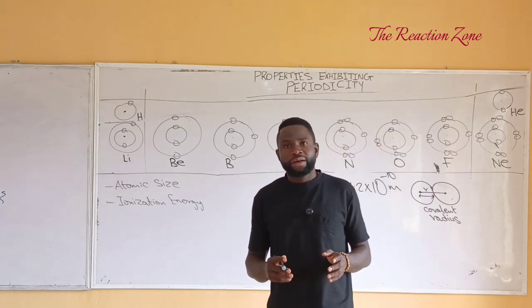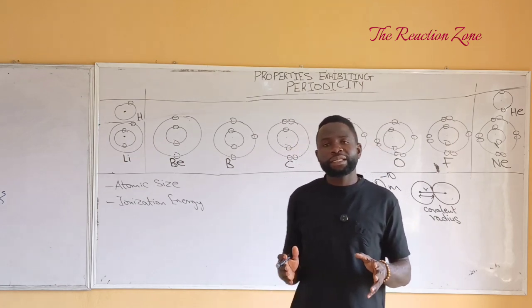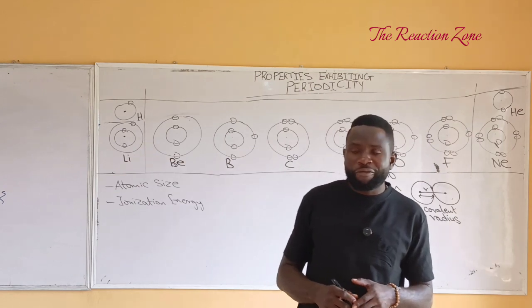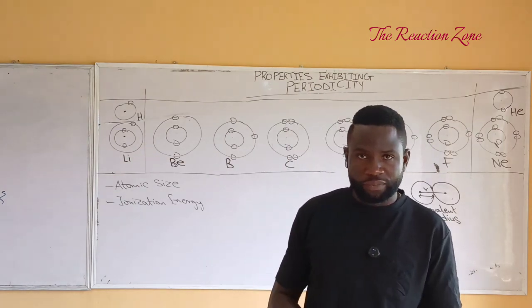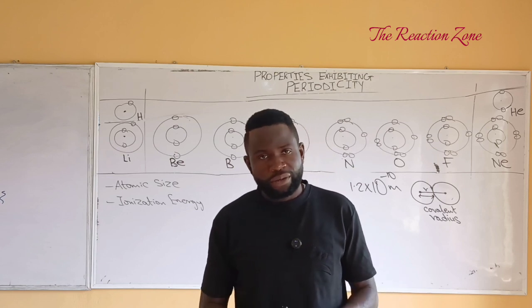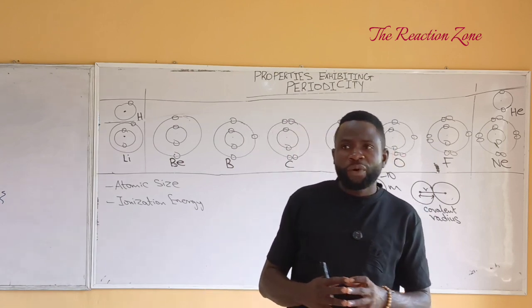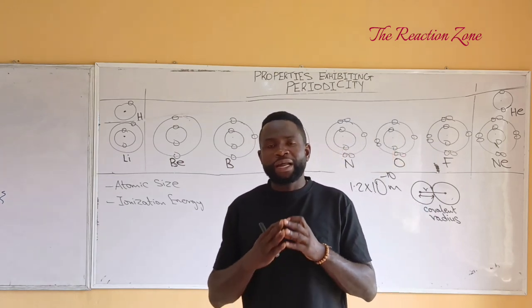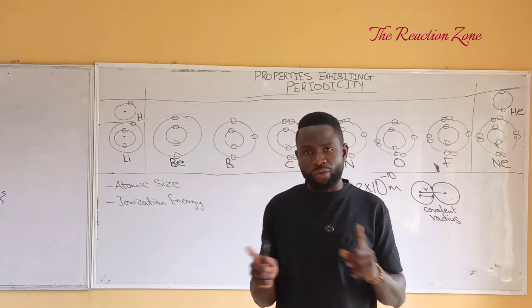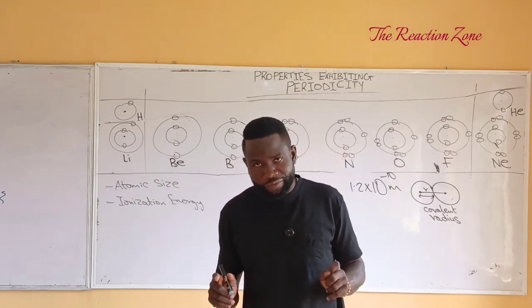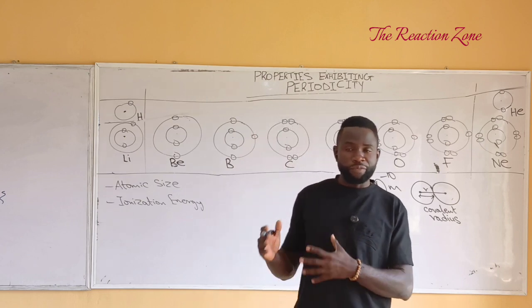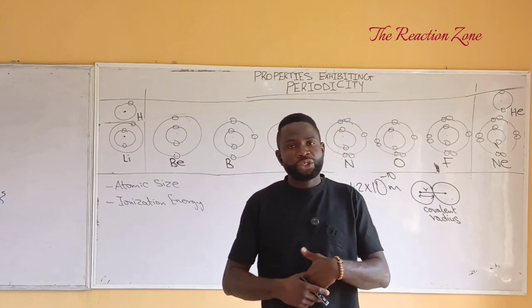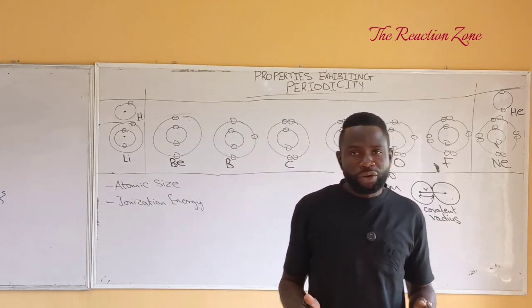And then, the third one is that an atom does not have a well-defined boundary. This is because the probability of finding an electron is never zero, irrespective of the distance of the electron from the nucleus. So, as a result of this,